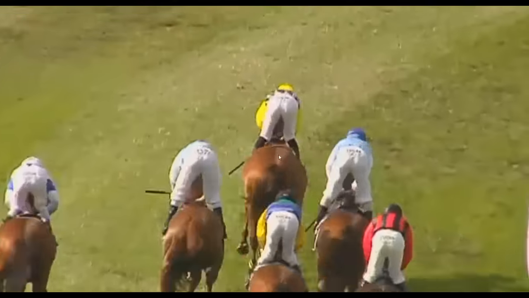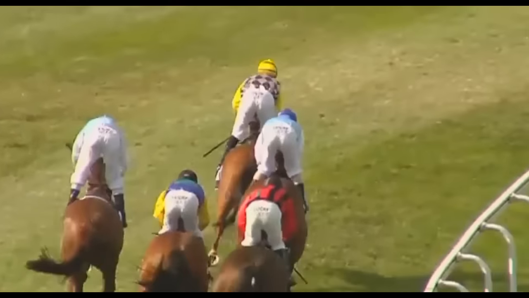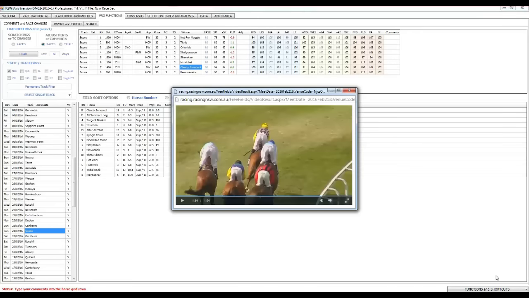When you find a horse like him, they just go through the grades. They have no issue. So there's a few examples of things I look for. Again, I'll touch on different things in more detail at a later stage. But hopefully this helps a few people with ideas of things to look for and how to set themselves up